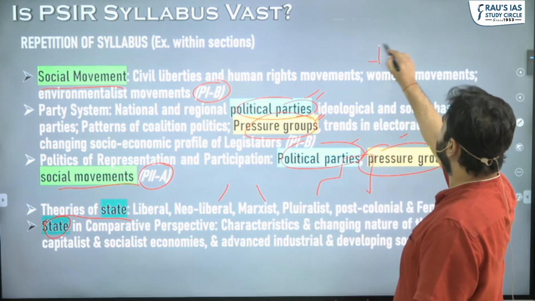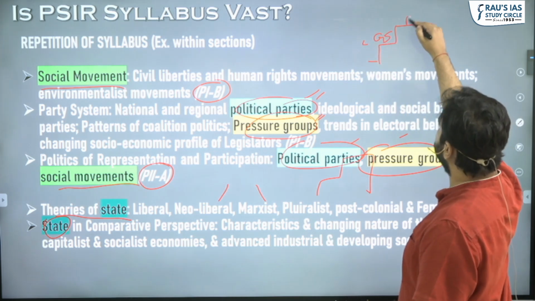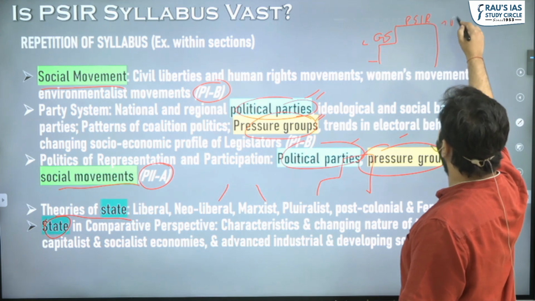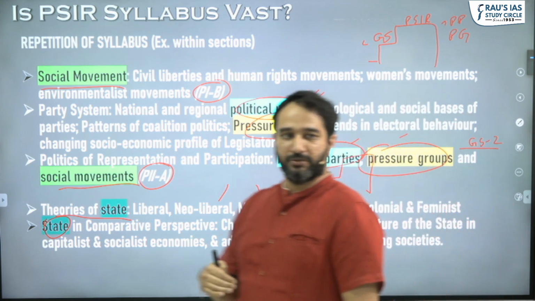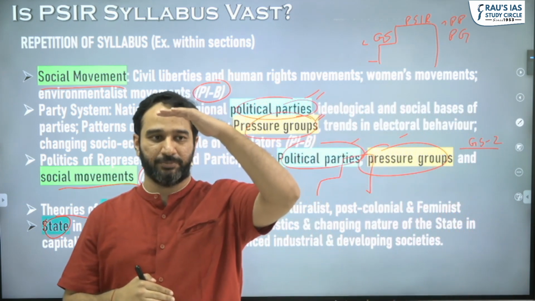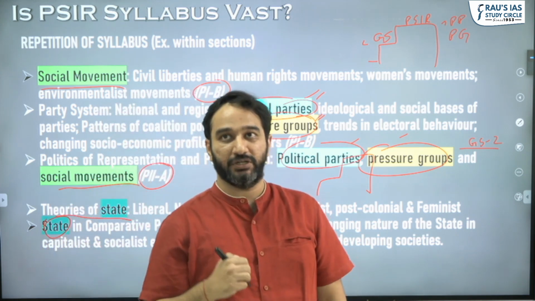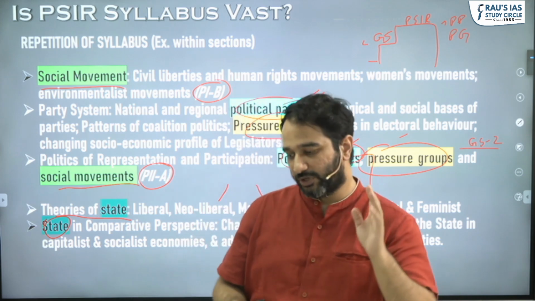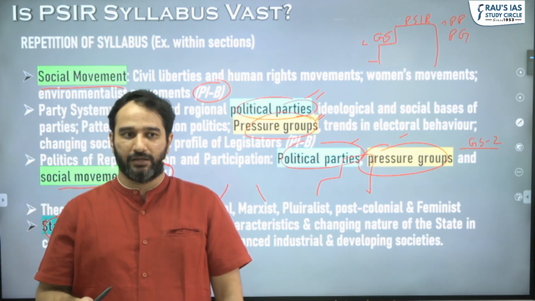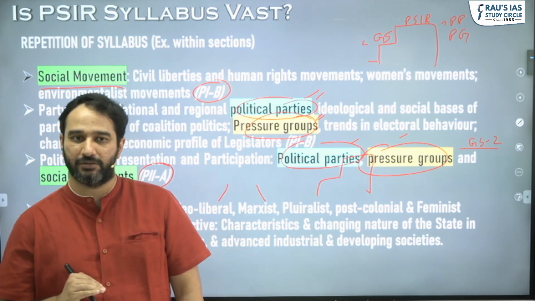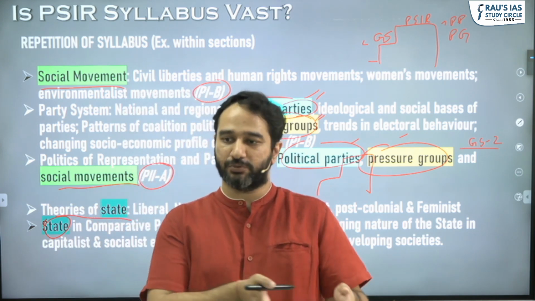let's say it becomes easy. Here you're learning political parties, and in PSIR also, you're learning political parties and pressure groups. It becomes easy to step down because you'll have information here in PSIR. GS would require it here, but it's always easy to step down. The other reason that it helps is between prelims and mains examination, you're given 3 to 4 months. If the syllabus is overlapping, you can do both of them together. Prepare for PSIR, your GS would be done.